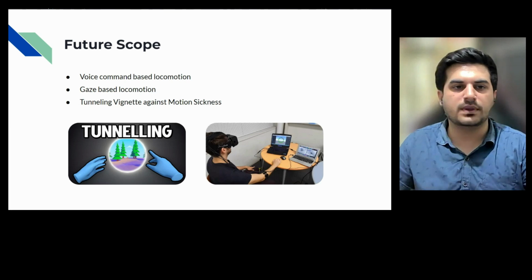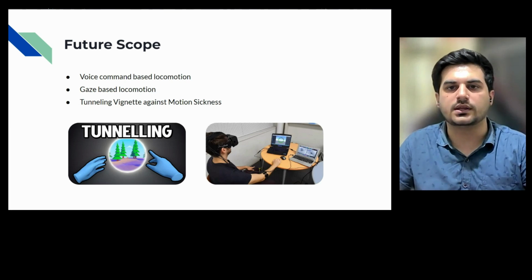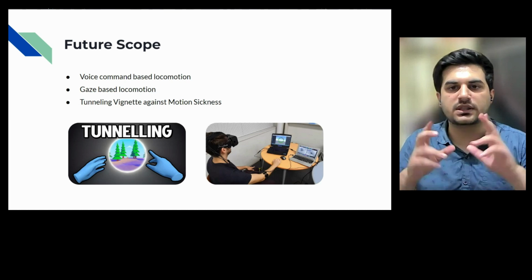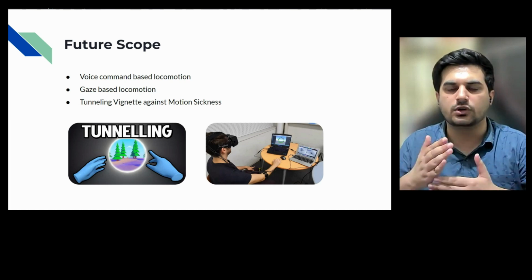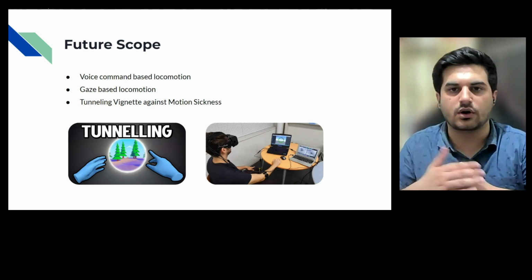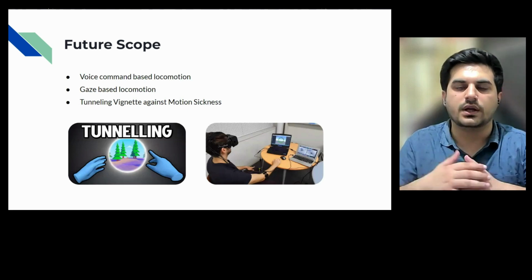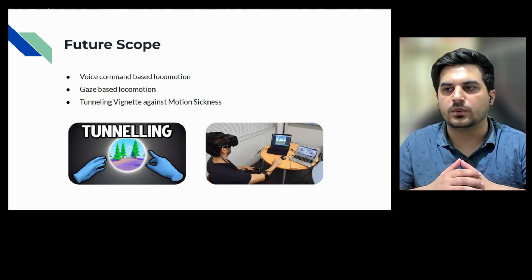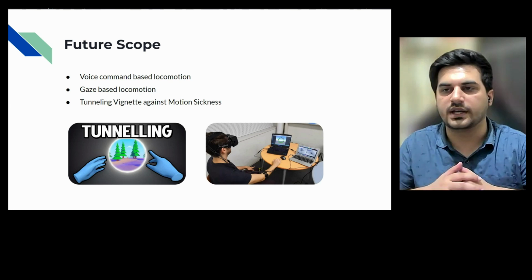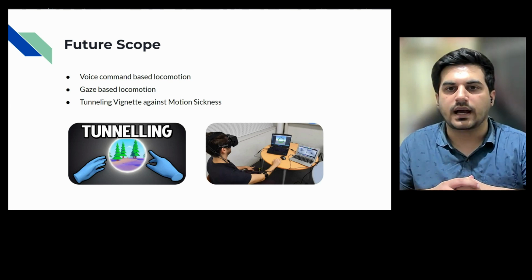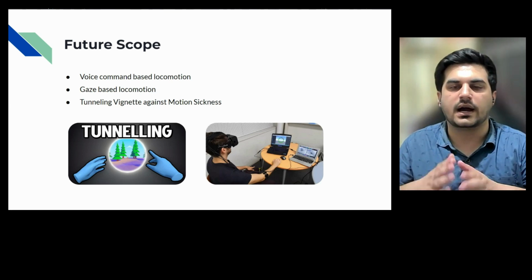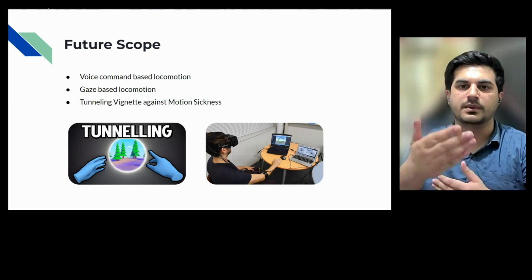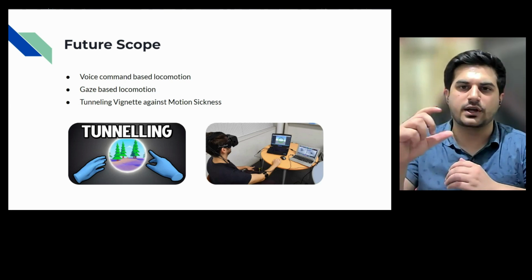The next is gaze-based locomotion. In this, you can look at a specific point in a game for X amount of time, and you'll be teleported or directly moved to that point. Suppose I have to move 180 degrees, and I'll just say turn, and after that I'll just have to move 50 meters ahead, or to a specific point or a safe point.